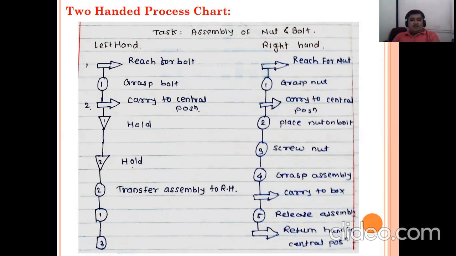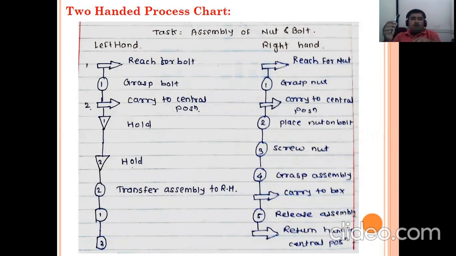If you are listening to this lecture carefully, and looking at the videos I have started, you might know what I am doing: I want to explain the process of these two hands. In any measurement, when you pick anything with your right hand, you cannot keep the component in the right hand.